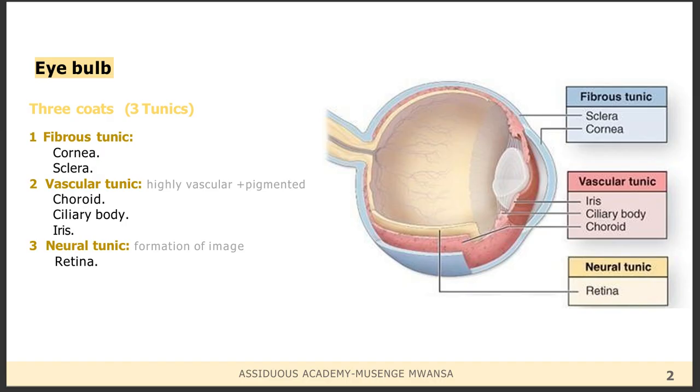If I touch you, you can feel my touch because you have got mechanoreceptors that will be able to pick up those sensations. Same with the tongue. When you taste anything, you'll be able to pick up those sensations because there are receptors on the tongue. So a stimulus always binds to a receptor, and then that will generate an action potential that is going to communicate to the brain to be able to tell what kind of